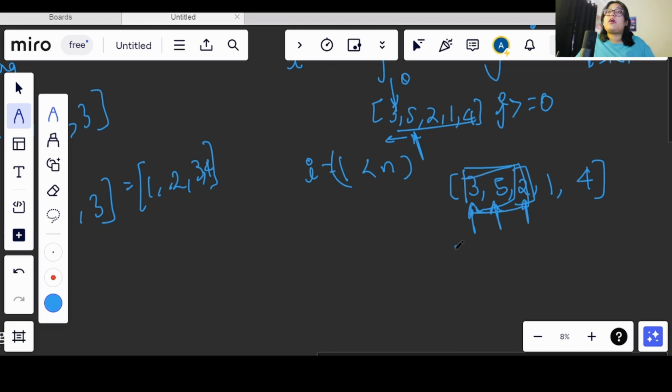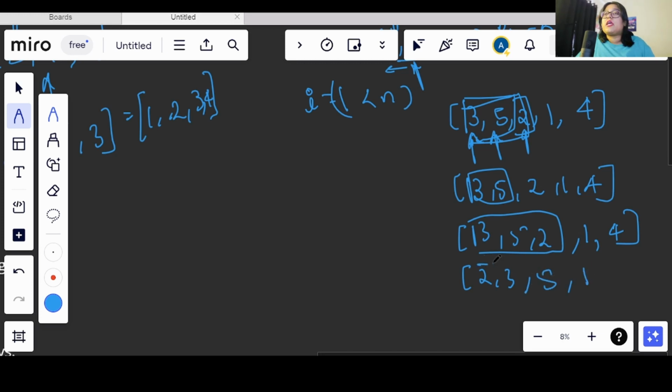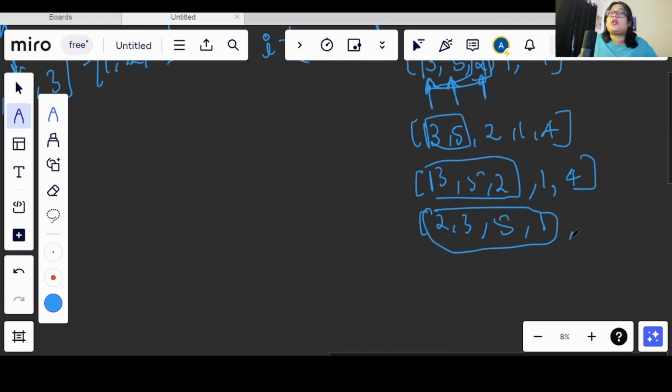Okay, so the first target that we will have will be 3 and 5, and if this is sorted then only we will be moving forward. After that, the part of the array that we will be solving will be 3 5 2. Okay, and after this is sorted, the sorted part that we will get from here is 2 3 5. Okay, after that we will be taking 1, and then this entire subset will get sorted. So what we will get here is 1 2 3 5, right?